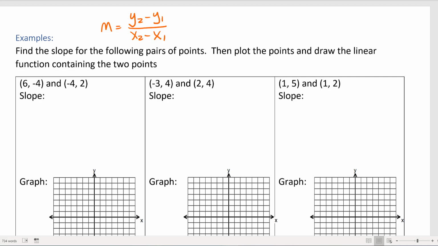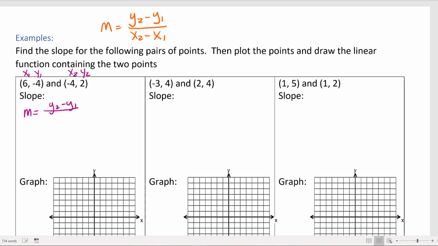Now we're going to use our slope formula to find the slope given 2 points. We're also going to show you that we can graph that and get the same value for the slope either way. So when I'm trying to use the slope formula, which I put here at the top as a reminder from the previous page, the first thing I want to do is label my points x1, y1, x2, y2. So the 1 and the 2 are just like saying, hi, I'm the first x, or hi, I'm the second x. And then when I plug it into my formula,